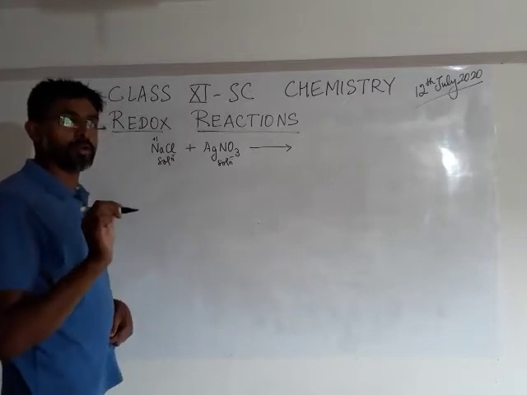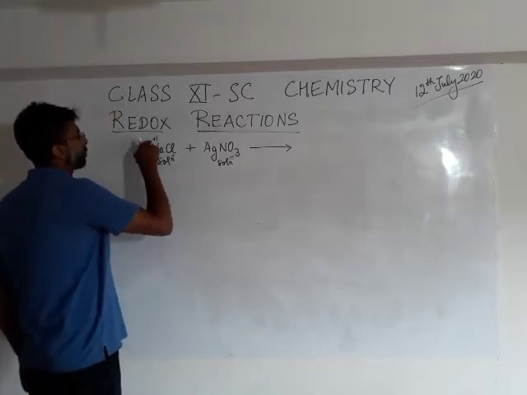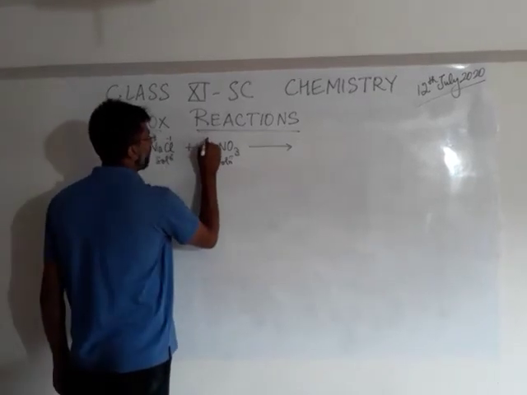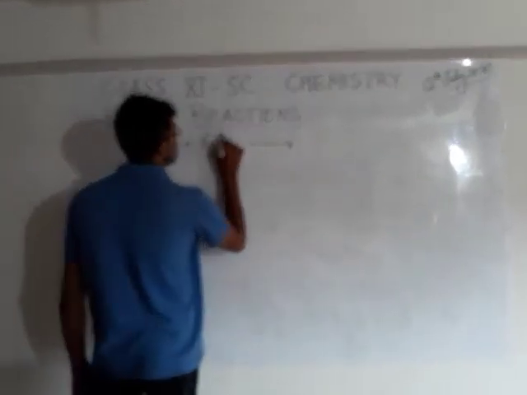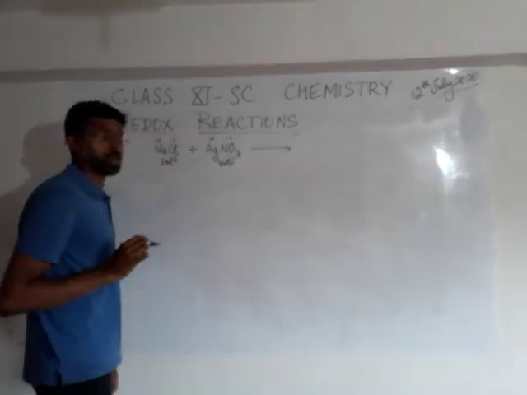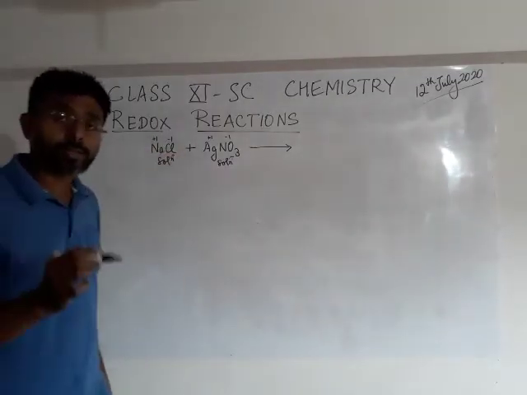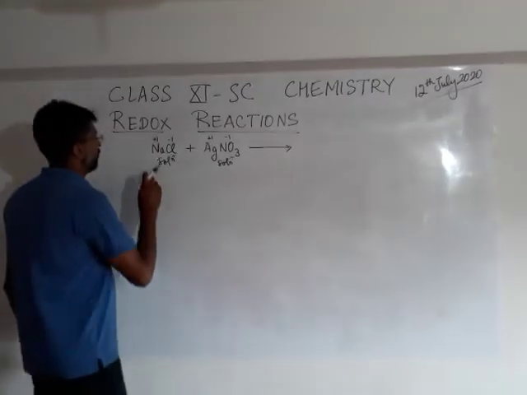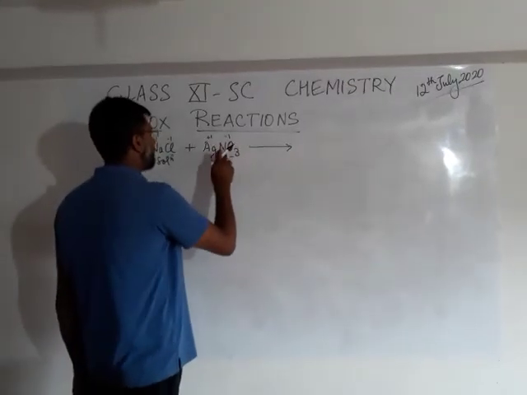If you try to recall from the class 10 chapter on periodic properties, sodium valency is +1, chlorine valency is -1, silver valency is +1, and here there is a radical NO3 which is called nitrate. Its valency is -1. Now these valencies which are written above the symbols of the various elements or radicals come under the concept of oxidation numbers. You can also call them oxidation numbers. The oxidation number of sodium is +1, chlorine is -1, silver is +1, and nitrate as a radical is -1.